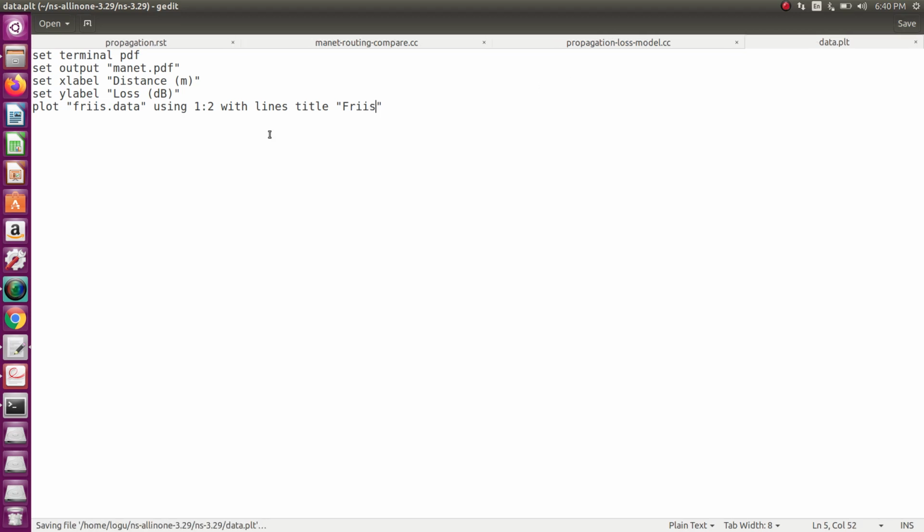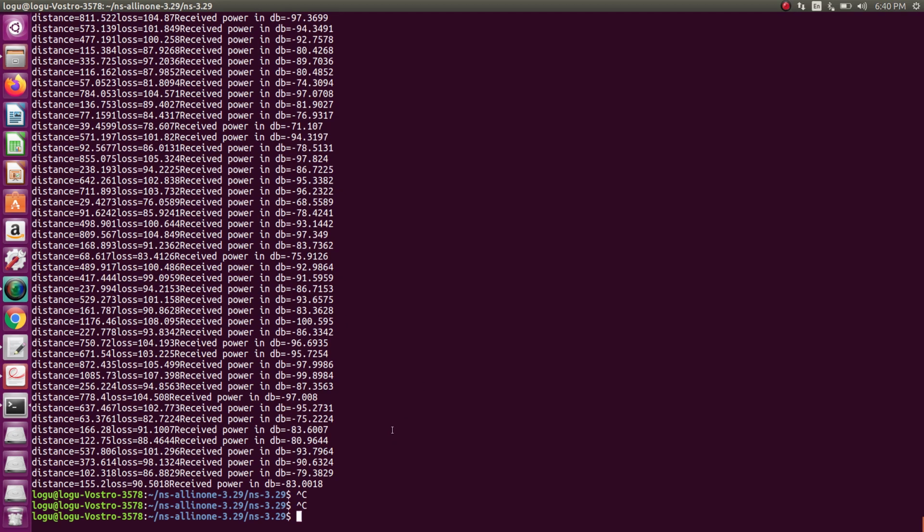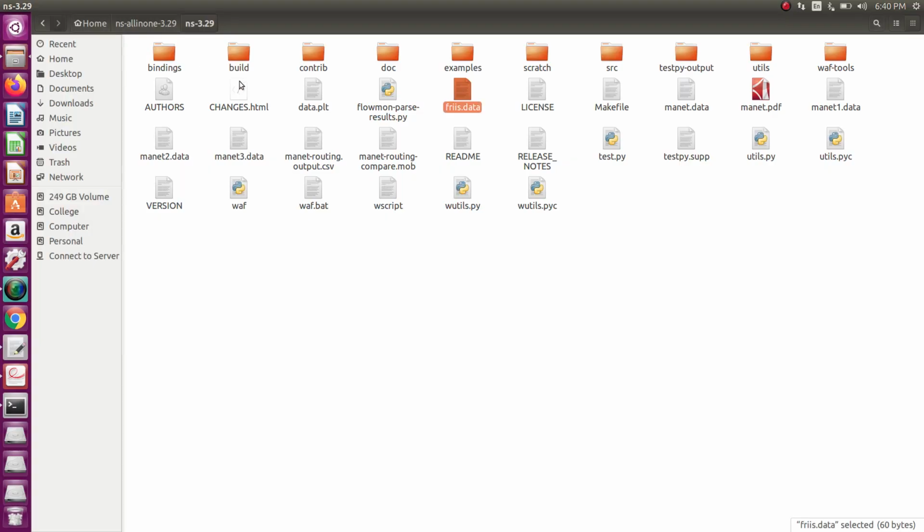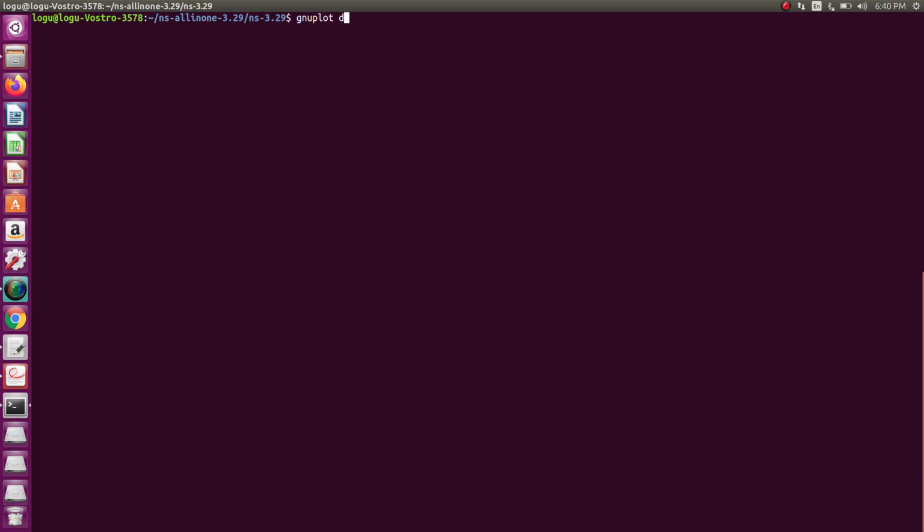Okay, so now save, then open the terminal. Type gnuplot. Then what will be your plotting file? It is the data.plt file. Just press enter.